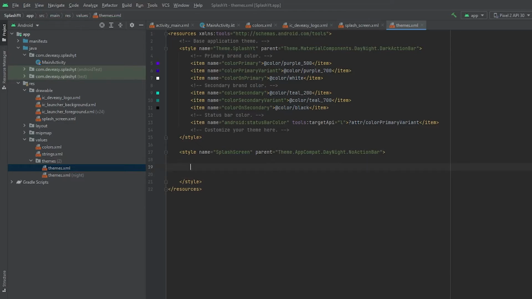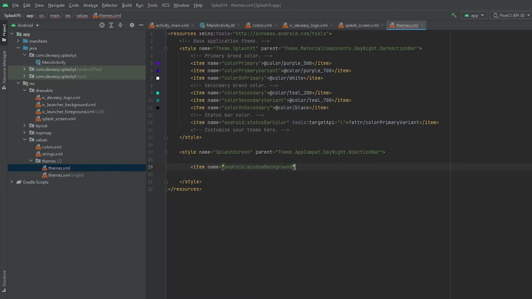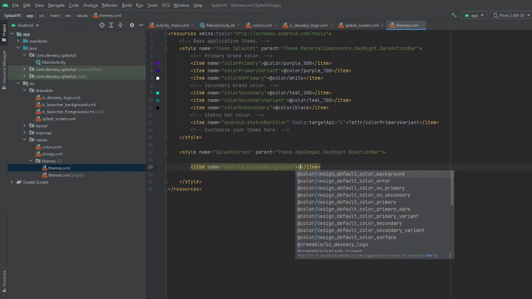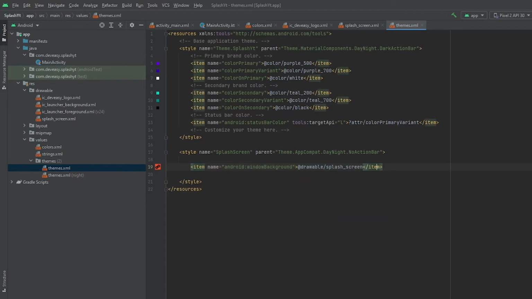So I'll add an item named windowBackground, and the drawable splash screen. Here we have the logo, and then I need to add the status bar color. The status bar color will be orange. Now we have our splash screen style done.